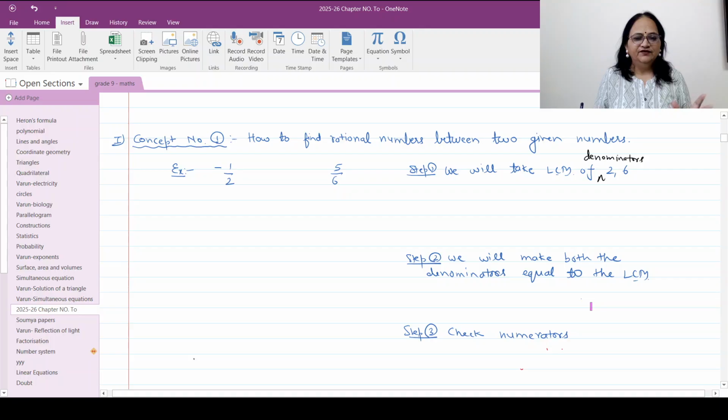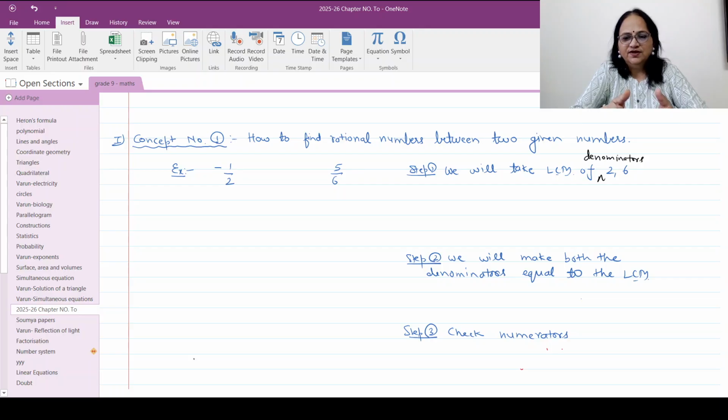I hope आपने पहला video देखा होगा and in that video we have discussed about the types of numbers. Means integers, natural numbers, whole numbers and then rational and irrational numbers. So आज के लेक्चर में मैं इस टॉपिक का अगला कंसेप्ट ले रही हूँ. कंसेप्ट है कि हाउ टू इंसर्ट सम रैशनल नंबर्स बिटवीन टू गिवन रैशनल नंबर्स.